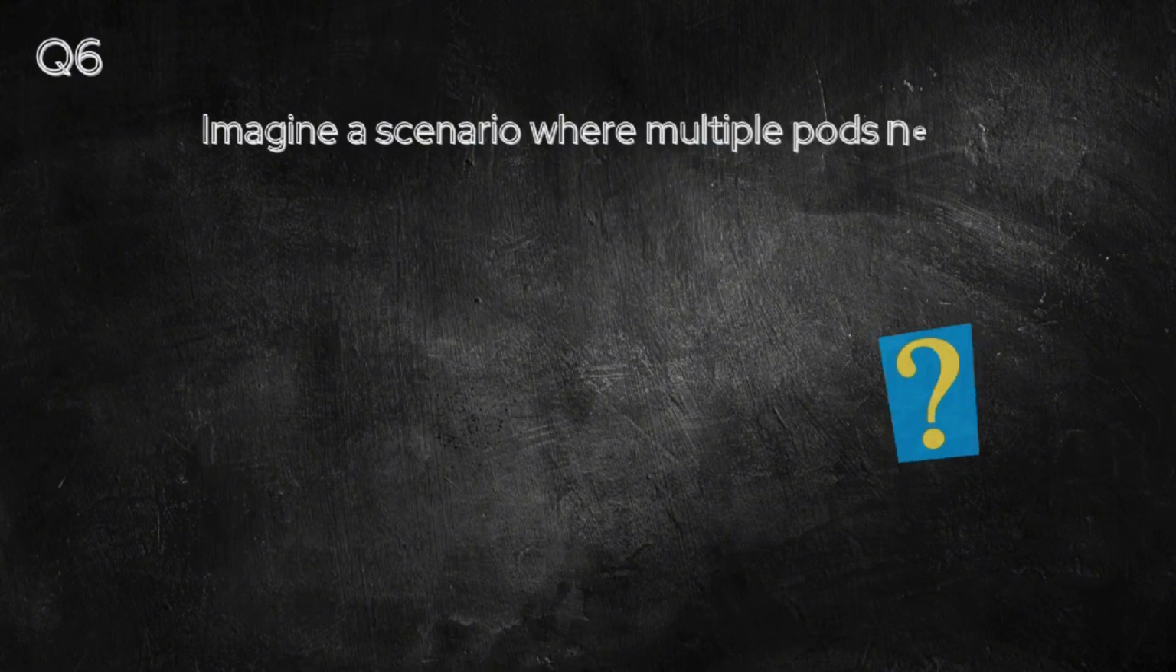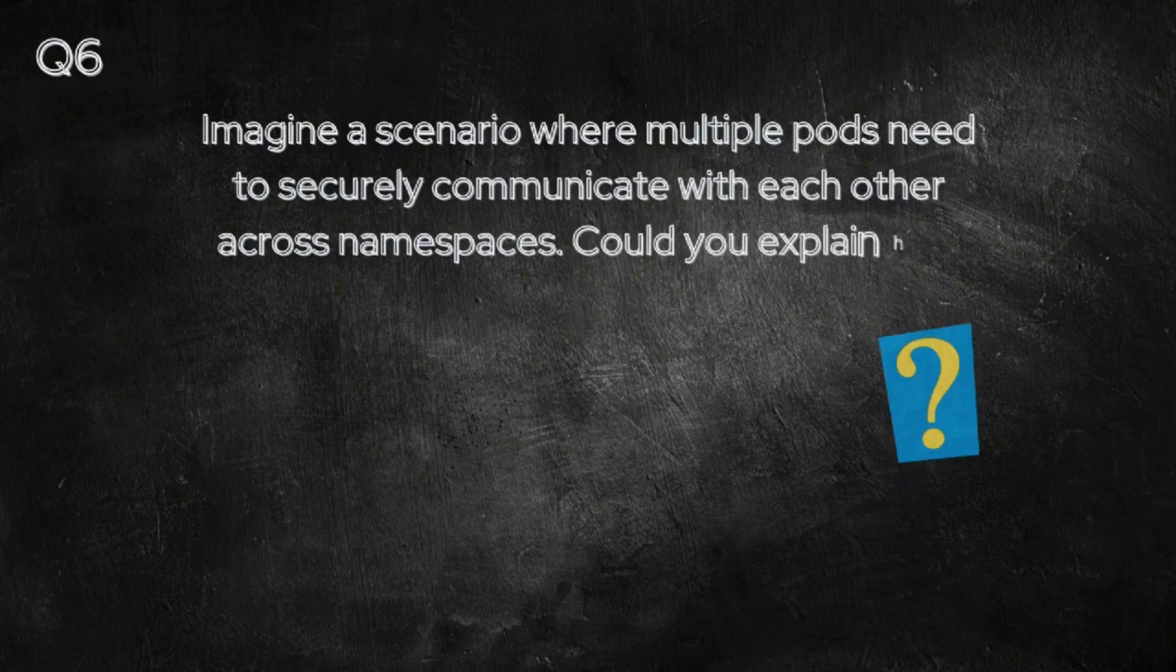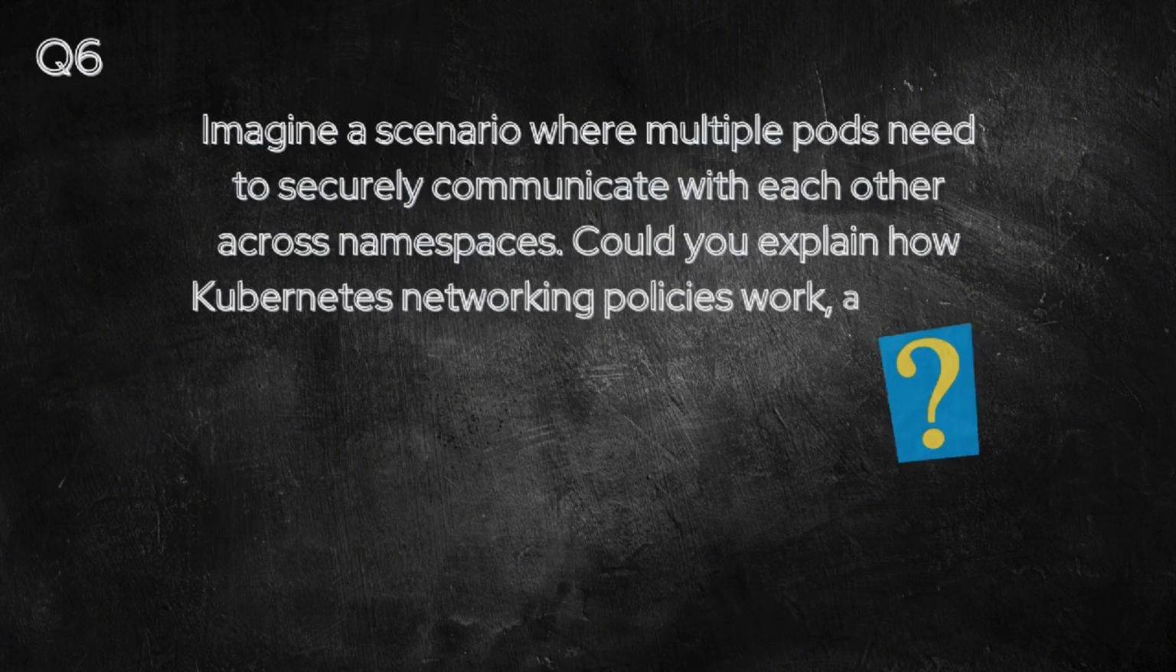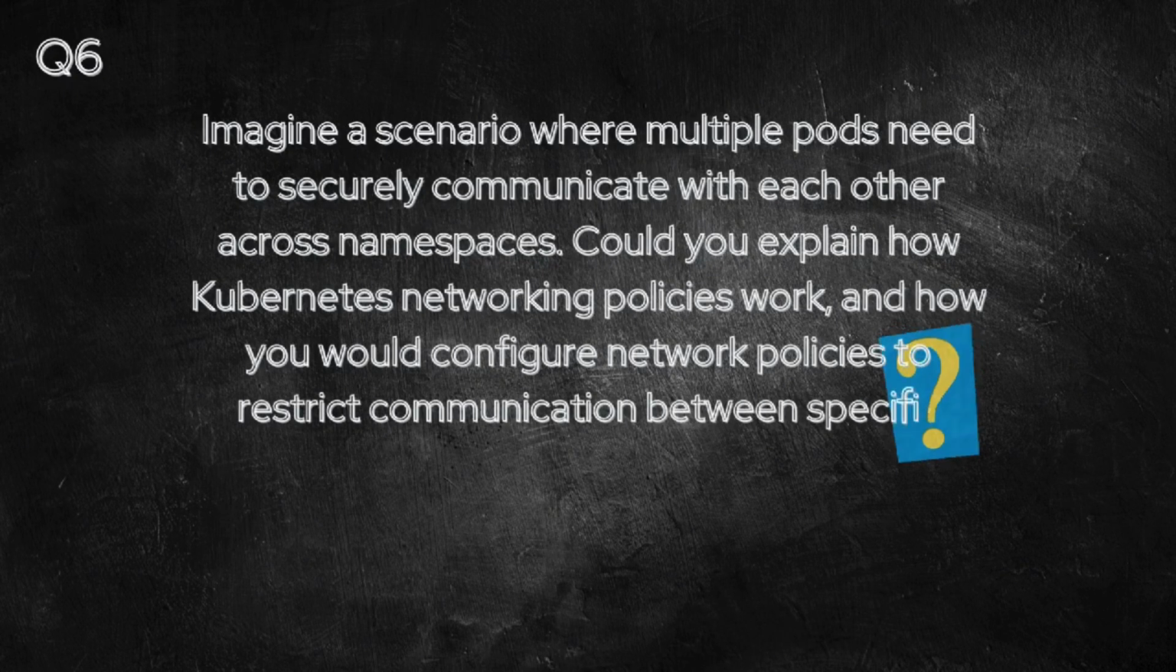Question number 6. Imagine a scenario where multiple pods need to securely communicate with each other across namespaces. Could you explain how Kubernetes network policies work, and how would you configure network policies to restrict communication between specific